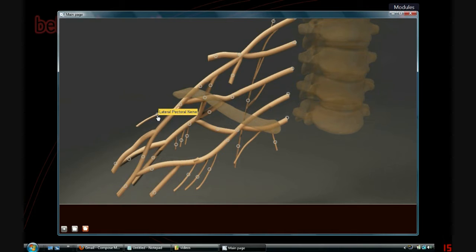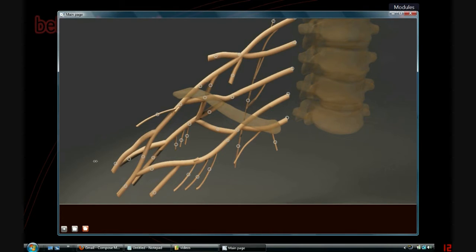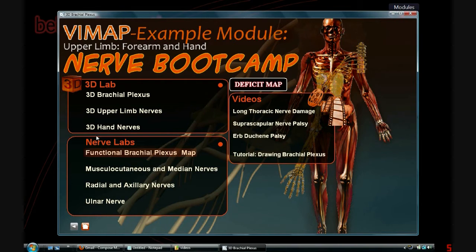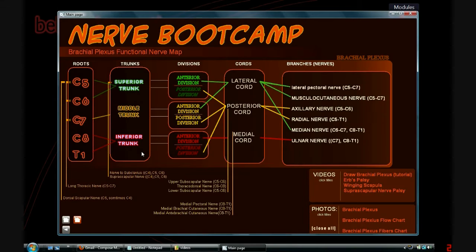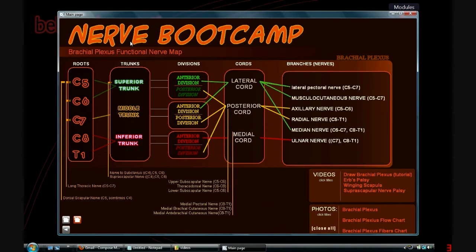Of course, hovering over the receptacles and clicking on it, this is kind of what one would see in a textbook. But through many pages, the student would gain, hopefully, an understanding of the brachial plexus, but we hope to speed that up or bolt it down, or both, by creating these functional nerve maps. Now this has a lot going on, but what it is, is a color-coded and sectionalized representation of the brachial plexus,